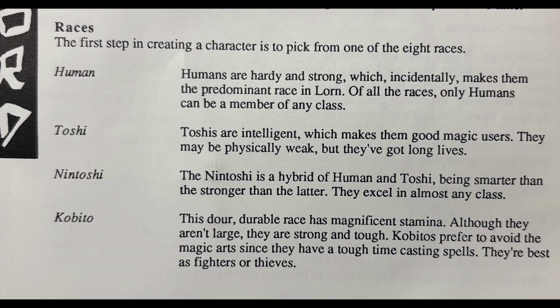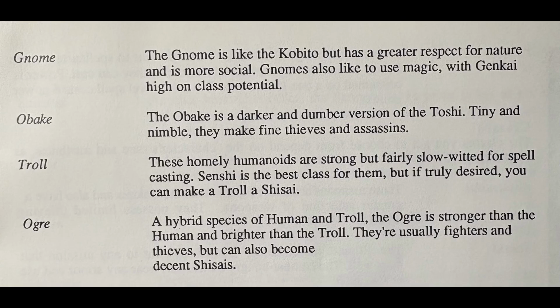Human is human, obviously, but toshi is kind of like an elf, and the manual even describes him as being intelligent and good as magic users. And so if you have a background in D&D, you kind of get an idea of what these races are. But if you don't, it can be a little confusing, but the manual describes all of them in there anyhow. So the toshi is the elf, nintoshi is the half-elf, kobito is kind of a dwarf, gnome is gnome,